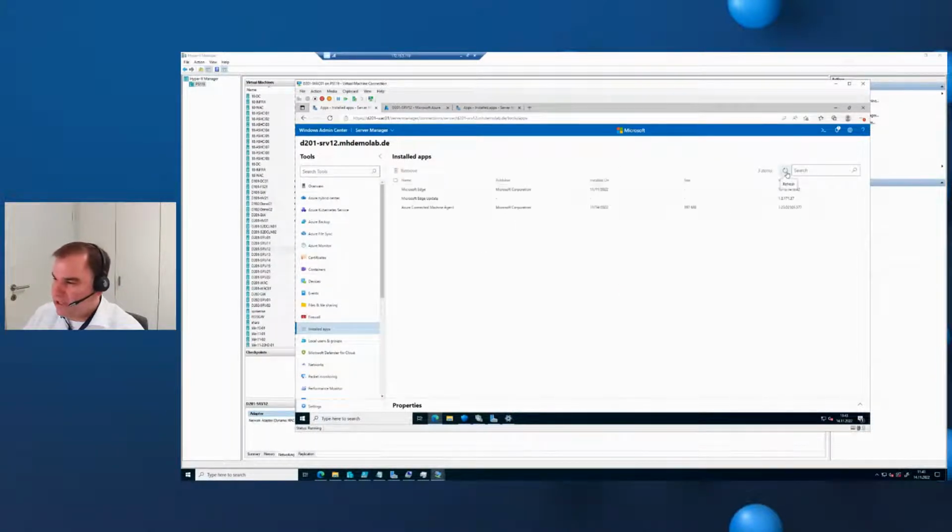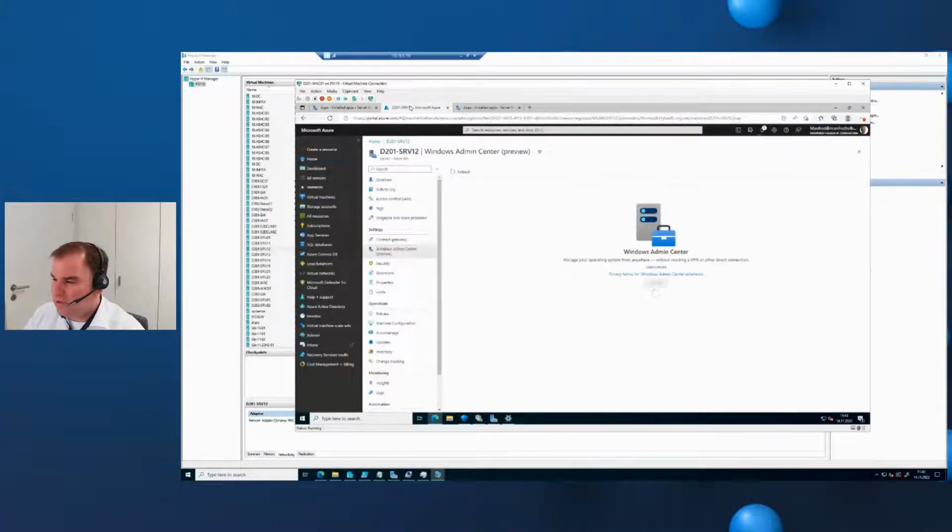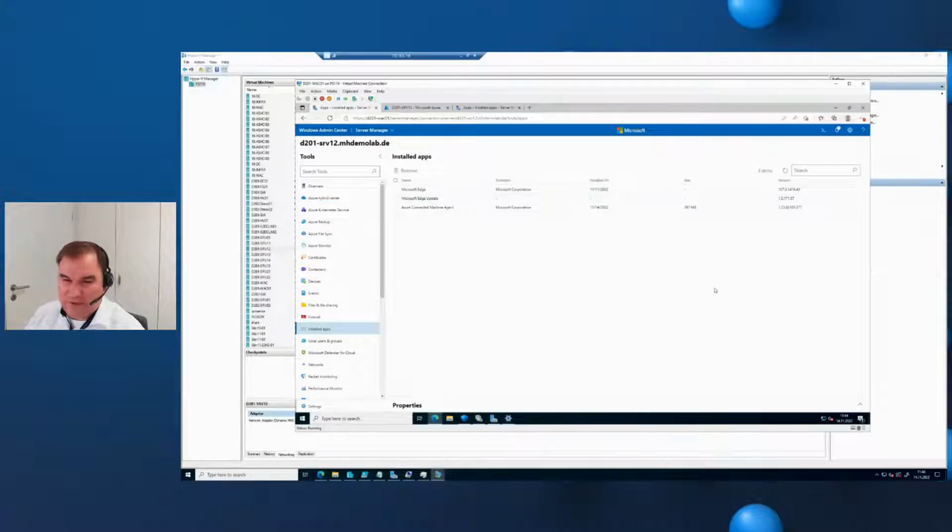Yeah, and Windows Admin Center takes a while. If you know Windows Admin Center from the local installation, you know that the setup takes about 5 minutes or something like this. It will be similar here. The installation itself is triggered via the Azure Arc agent. The bits and bytes are downloaded, the setup is executed,